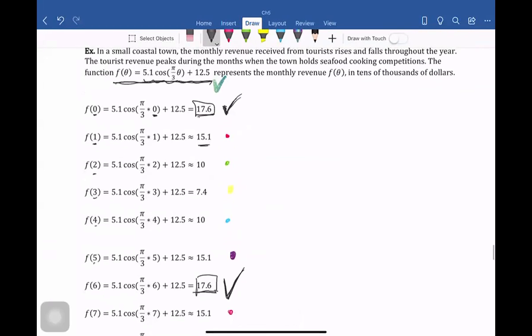If the question says theta equals 0 represents February, that means this is February, and then March, April, May,